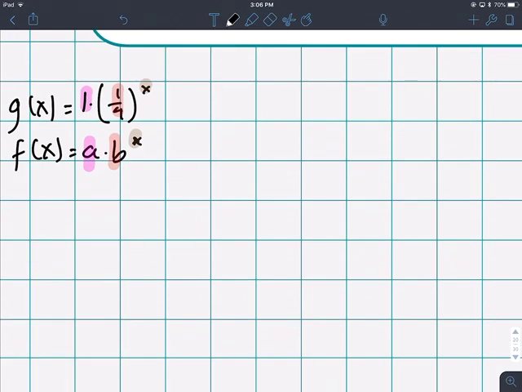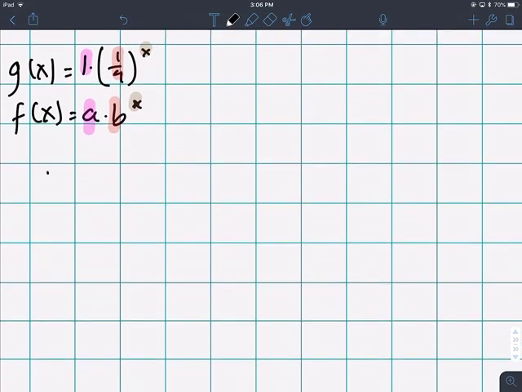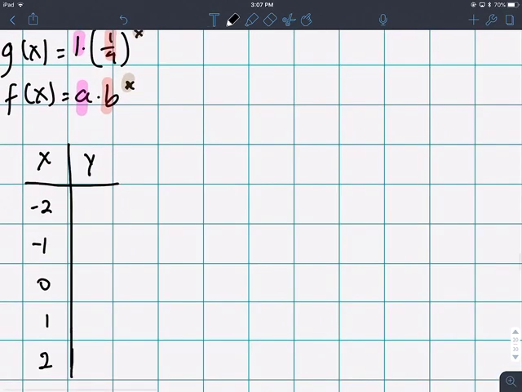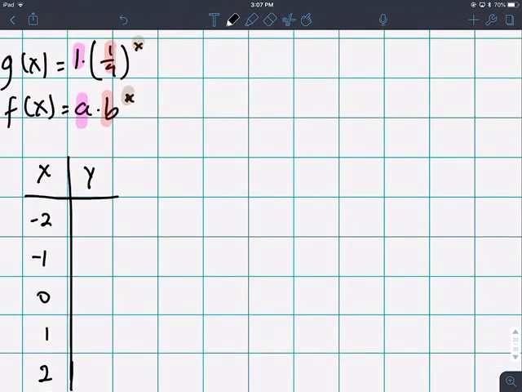So if you were to sketch this graph, x and y, and I'm gonna keep the same numbers as the previous one: -2, -1, 0, 1, and 2. And now again, I don't need that 1, so I'm just gonna keep it as g of x is equal to 1 over 4 to the x power. So I'm gonna start with plugging in g of -2,